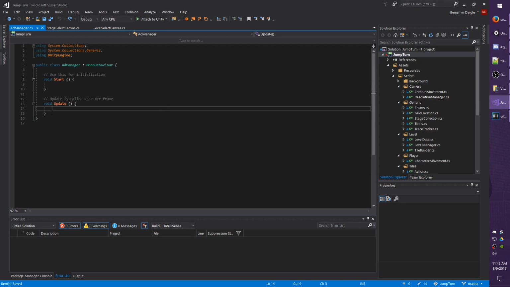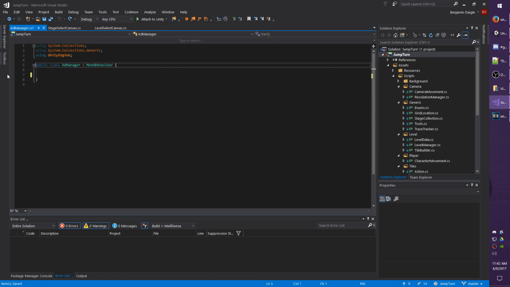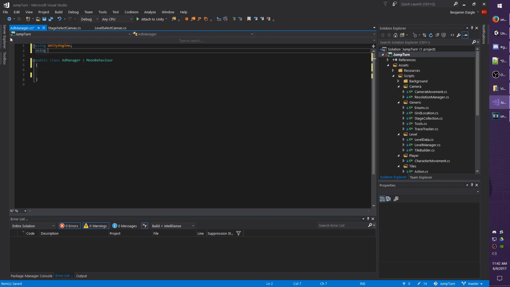I do not need the start or update methods, so I'll get rid of those. And I don't need collections or collections generic. I will be putting in using UnityEngine.Advertisements. And if yours does not show up like mine, if it doesn't recognize the advertisements namespace, you may have